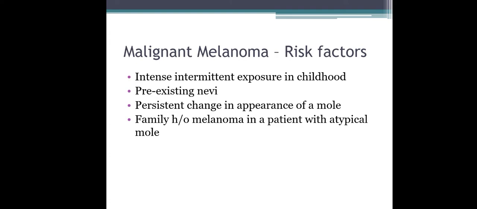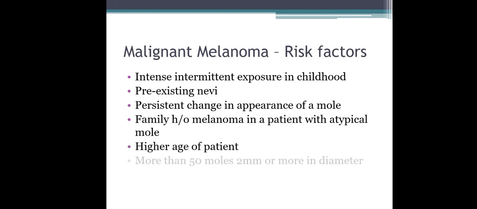So, the first stage is not a melanoma. In between that, there are different stages like dysplastic nevus or atypical nevus. Like that, there are a lot of different intermediate categories. So, only after a transformation into a dysplastic nevus, it transforms to a malignant melanoma. And another thing is family history of melanoma, increasing age of the patient, more than 50 moles. Some individuals you can see plenty of moles on their skin. So, that is also another risk factor.